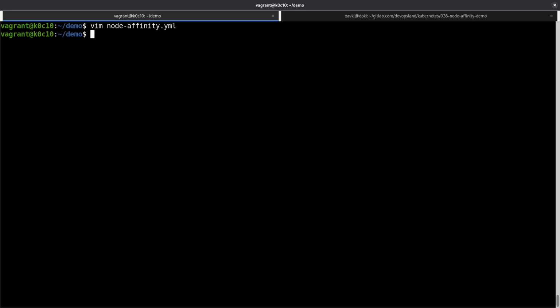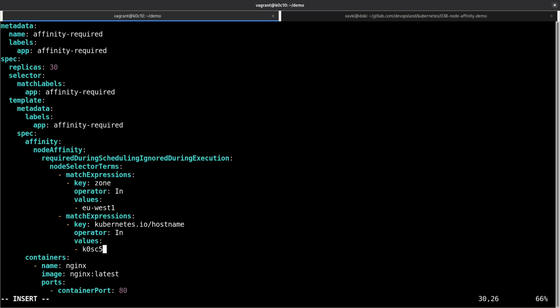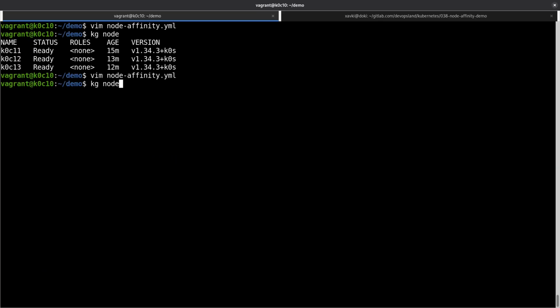So how to fix it? We can change our node zone, or I can distribute my pods a little bit onto some other node, like on K0C13. To do that I can say, okay, K0C13 like here,